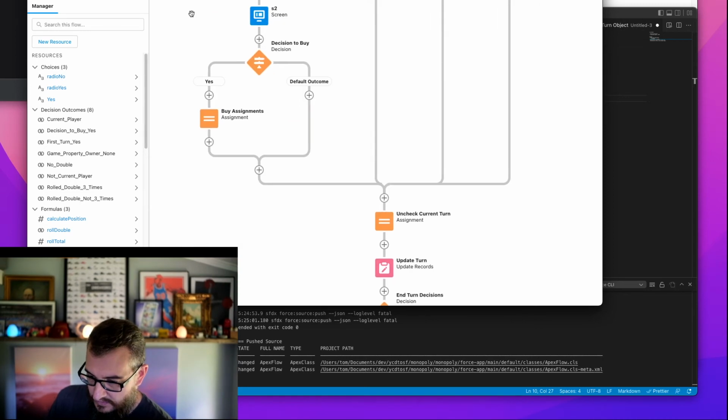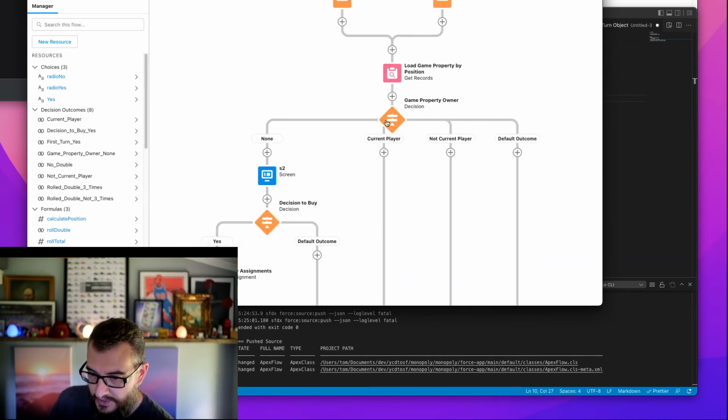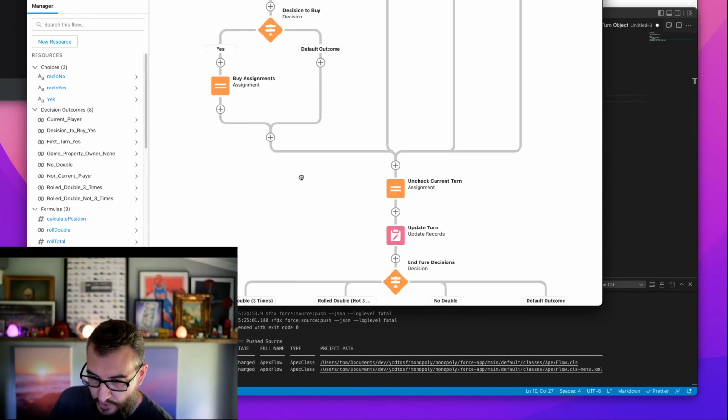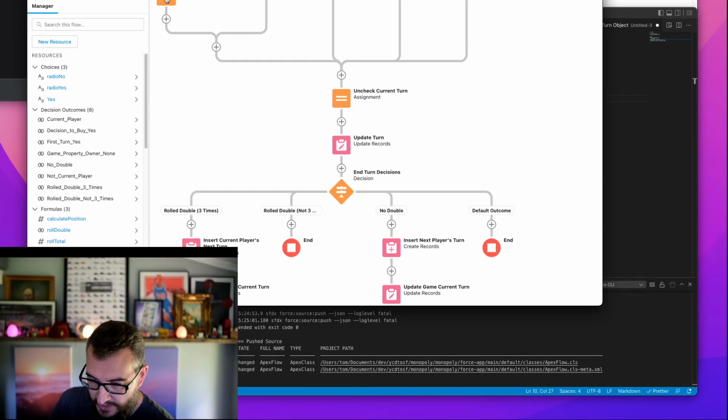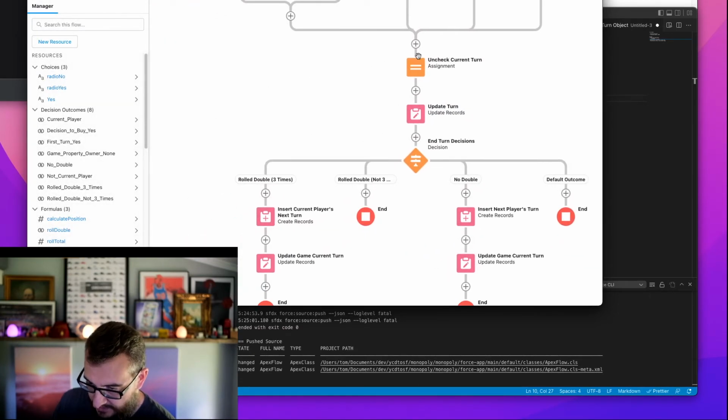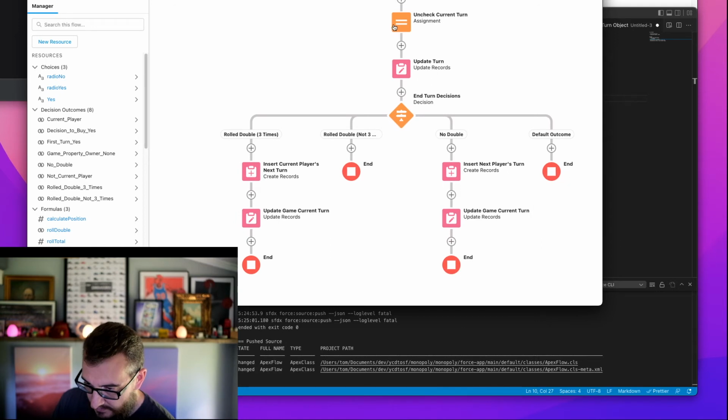All right, let's review. We load the position, we determine the ownership. Nobody owns it. Do you want to buy it? Yes. When we buy it, we set the game property to the player. We set the player's money, we subtract the amount of the purchase. We uncheck the current turn. We update, we save that. We decide what is the next turn for this player. If they,